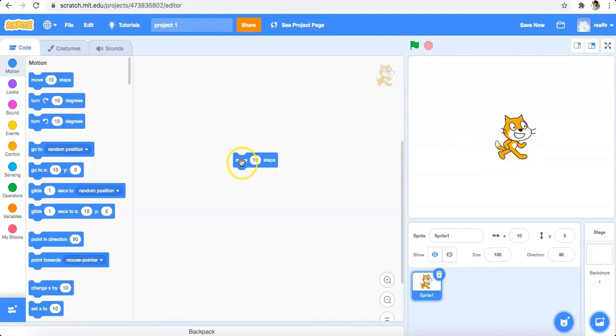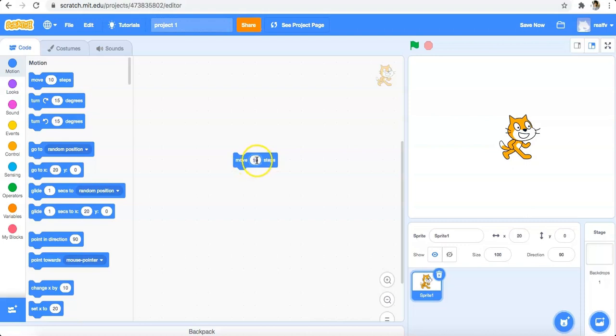but you will see that you don't feel like this cat has moved 10 steps, because whenever the computer executes any line, it executes too fast, and it's sometimes very difficult to visualize that the computer has executed certain instructions. So these 10 steps the computer has executed too fast.